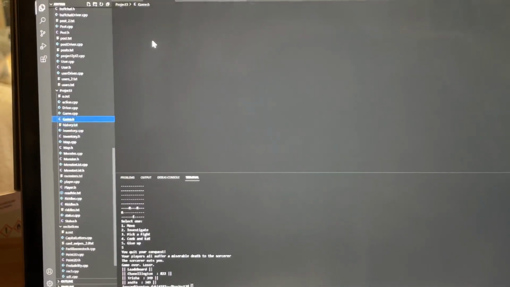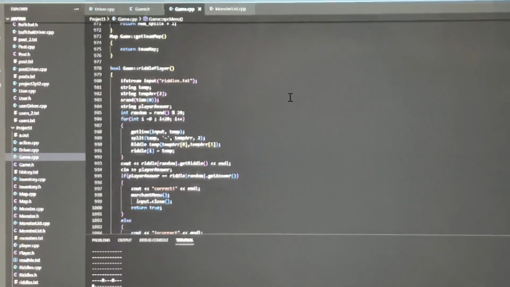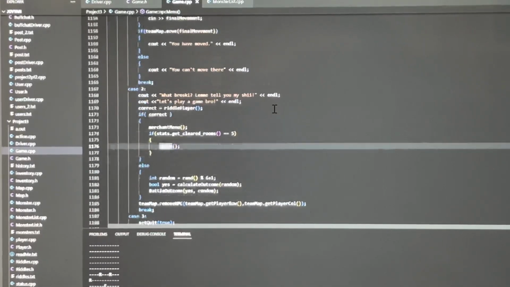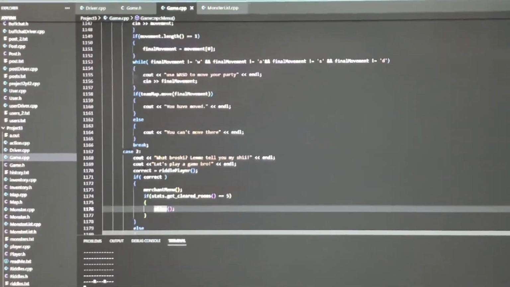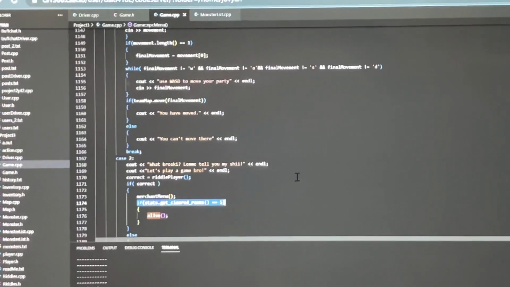But if you look at our game class and look at other points, our game class is slightly messy because it contains the majority of what we want to do. We also did other extra credit stuff, for example, alive, which is a resurrection function. It's in the case 2 where if we've cleared 5 rooms and we meet an NPC, we have the opportunity